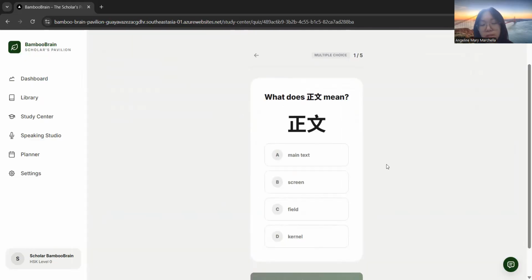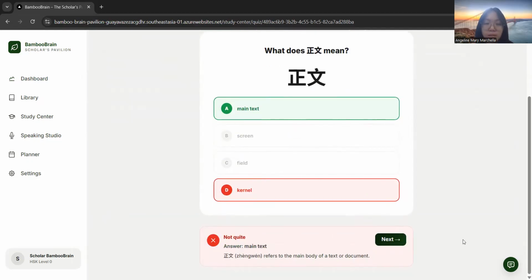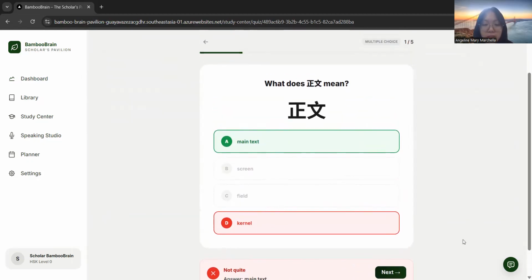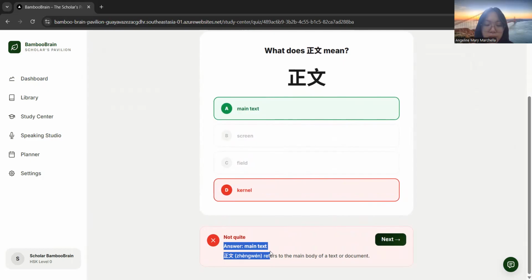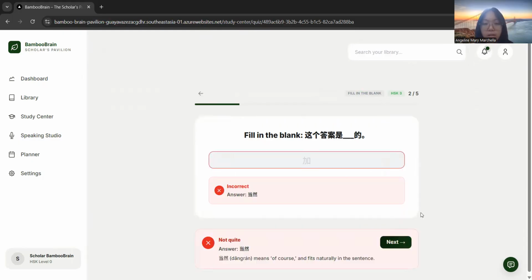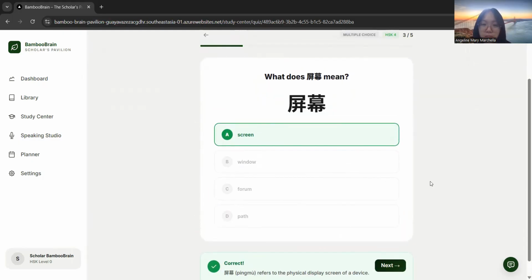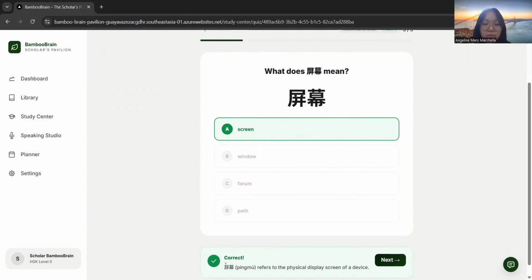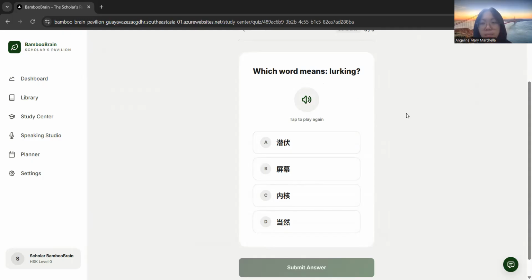So this is one example of a multiple choice question. If we choose the wrong answer, the correct answer will be revealed directly. And this is an example of the fill in the blank questions. If we answer the question correctly, there will also be a short explanation about the answer. And here is an example of the listening question. 潜伏